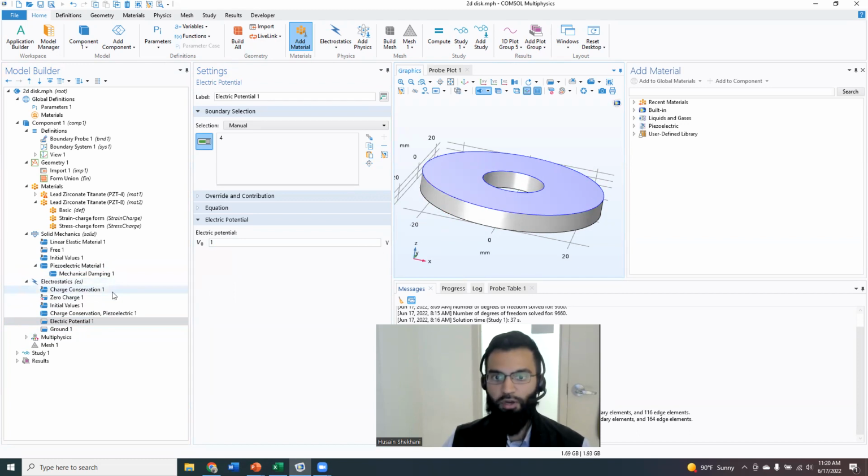That could be a tricky point if you import CAD and somehow it's tilted, and then you just put piezoelectricity on it. If this was actually pointed up as Y instead of Z, then we would actually get shear, because we're now applying our voltage perpendicular to the polarization direction, and that's why it's really important to verify some of these